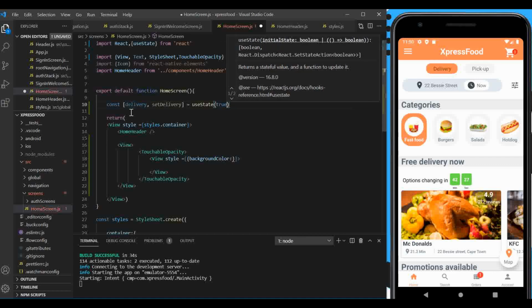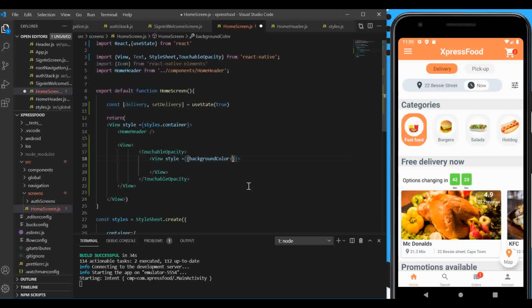So I'm gonna say the initial state is true, and inside here